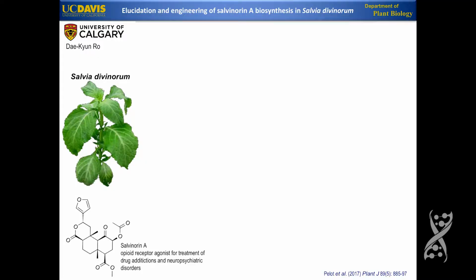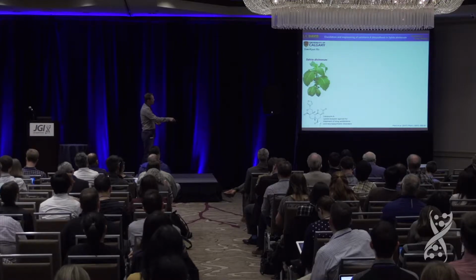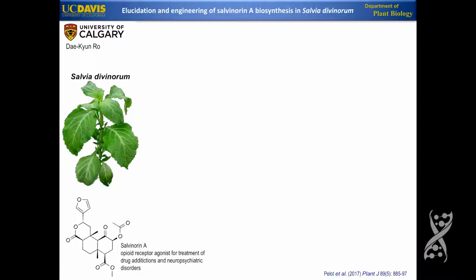So starting out with this non-model system, the plant in question here is Salvia divinorum, or diviner sage. Most of you will maybe know it as a recreational drug. It's been in the news quite a bit. But what's really interesting is that the major compound, the hallucinogenic compound of this plant here, salvinorin A, has actually